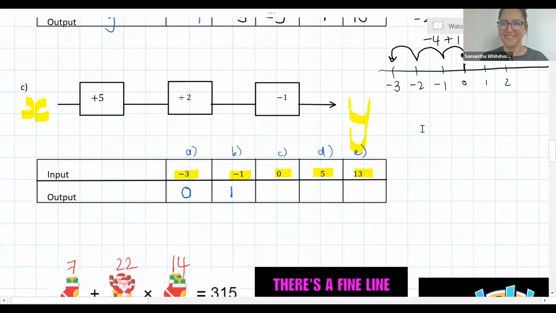Okay, I said 0 plus 5 is equal to 5. Good. 5 divided by 2 is equal to 2.5. Good. And 2.5 minus 1 is equal to 1.5. Perfect. Well done. So guys, what's really important to take note of here is that decimals aren't a problem, or